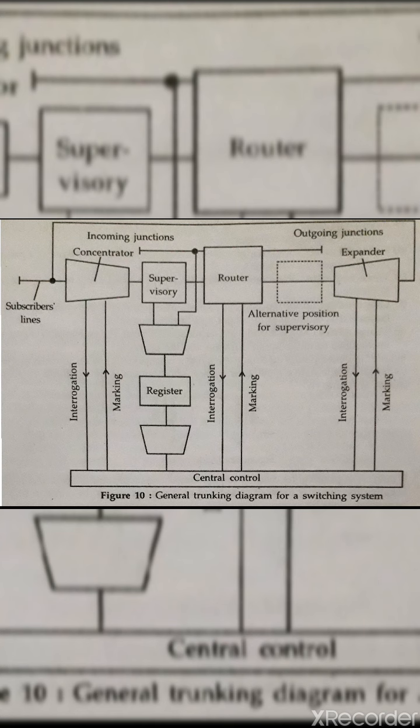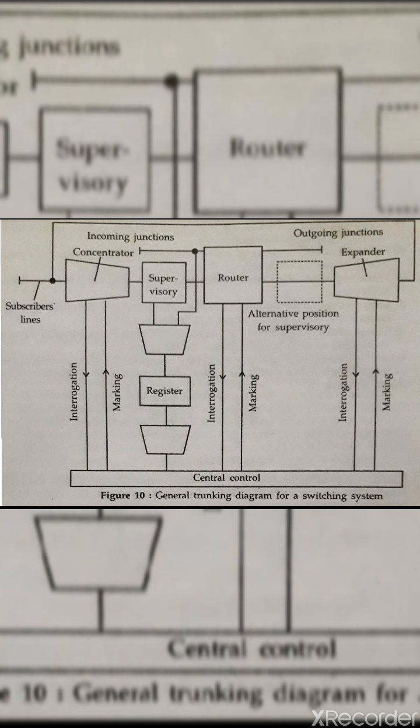While in a crossbar system, the markers comprise the central control, as you can see in the figure. Each of the switching networks consists of a two-stage link network. Since DN to EN translation is provided, the concentrator can also act as an expander. One group of trunks connects it to the supervisory unit and the other is folded back to it from the outgoing side of the route switch.